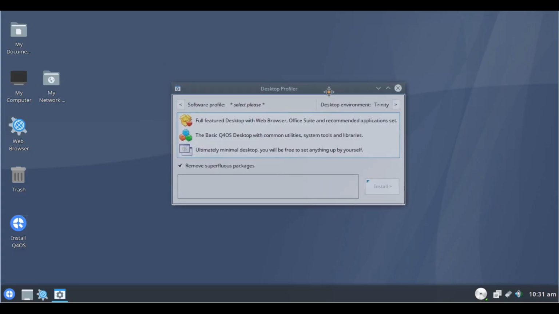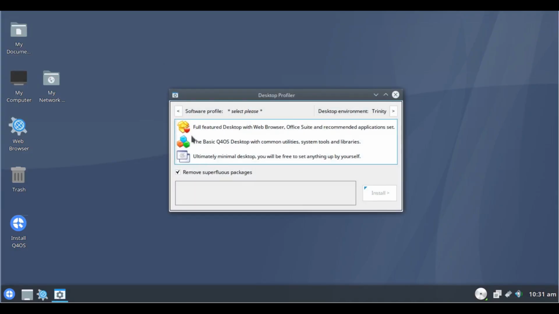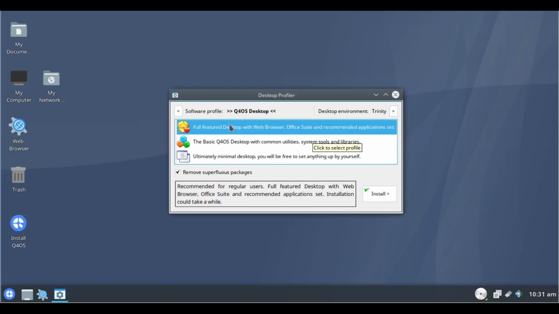Now, this is the main reason for this video. The desktop profiler. You have 3 options here. Full featured desktop. They give you web browsers, the LibreOffice Office Suite. You can do the basic, which is pretty much what you already have. Now notice that in the full,